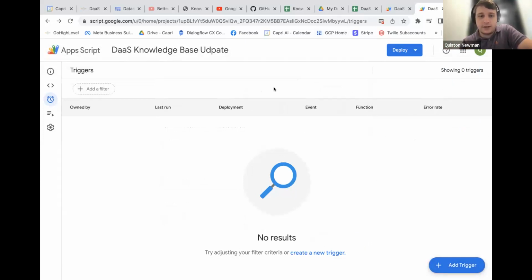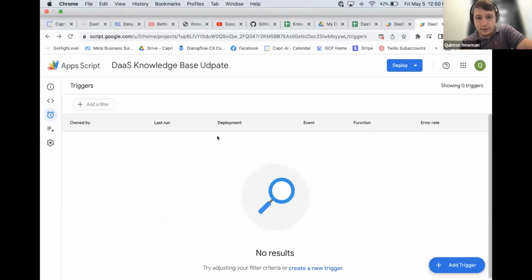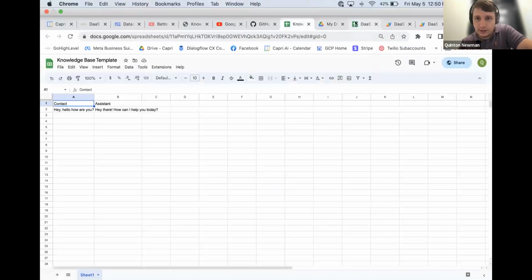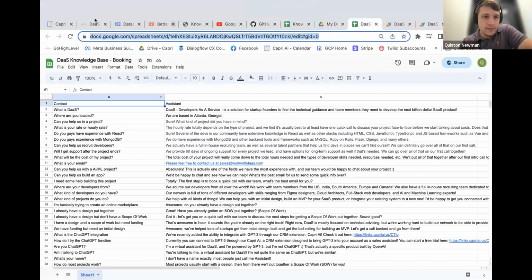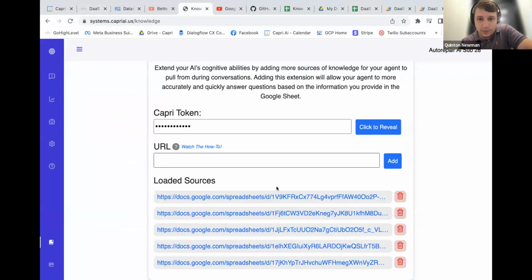If this happens, by the way, just for the recording, for anybody that's wondering, and you're not able to get the script to add a trigger properly like this, and you think your spreadsheet isn't staying up to date, at any point, you can just take this spreadsheet and come to your knowledge base and delete the one that you're trying to reload and then add it again here. Give it a couple minutes for the database to update, and then it'll refresh that spreadsheet in our database, as long as the ID didn't change, like you didn't create a whole new URL, then